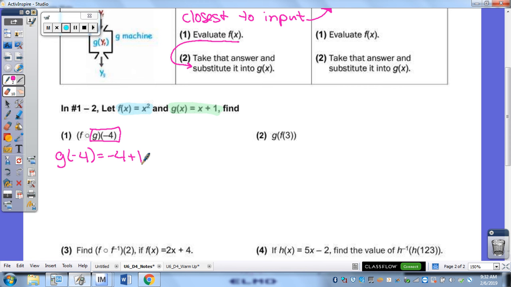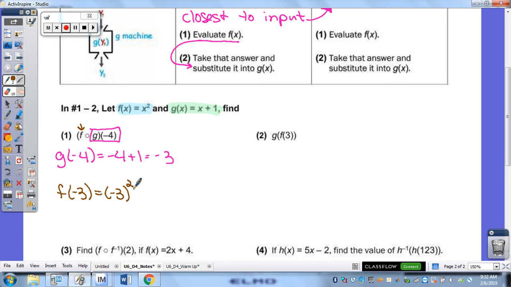So I plug my negative 4 in for x. What do we get when we do negative 4 plus 1? Negative 3. So now we're going to take that answer, and you're now going to plug it into the f function. So now we're going to do f of negative 3,